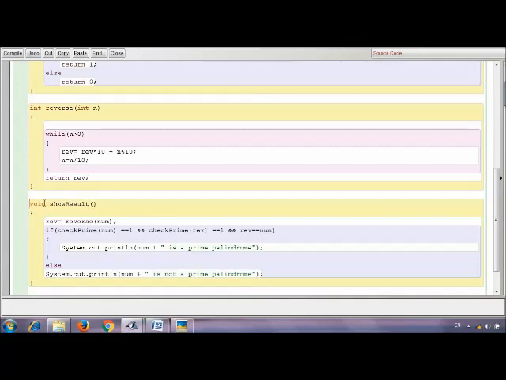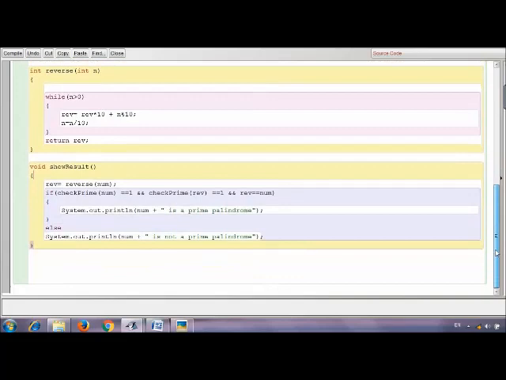Inside showResult you can see that I'm calling the reverse function and also checking whether the number and its reverse are prime, and we are also checking that the reverse is equal to the original inputted number. That is the condition for a prime palindrome: the number and its reverse should be prime and also a palindrome, right?